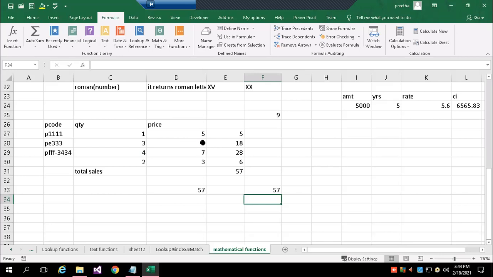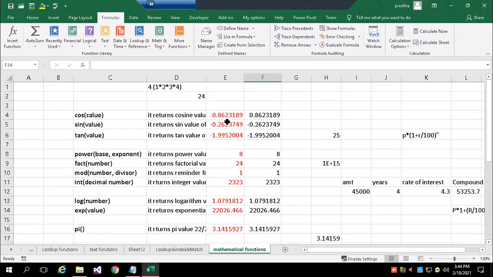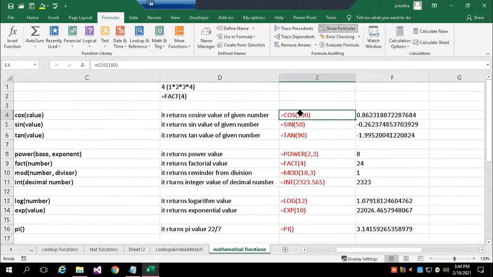So this comes under mathematical functions. Like that you can see the functions, what we learned, cos value, sine value. I have written equals COS of 100. Whichever value I mention here, it will show the cosine value for that.